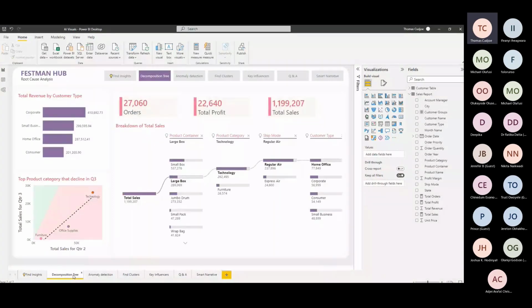So good evening, good afternoon, everyone, depending on where you are joining the session from. This session is going to be on Power Query parameters. I'm going to look at what parameters are and the types of parameters that we have in Power BI and how we can implement them to improve our user experience.